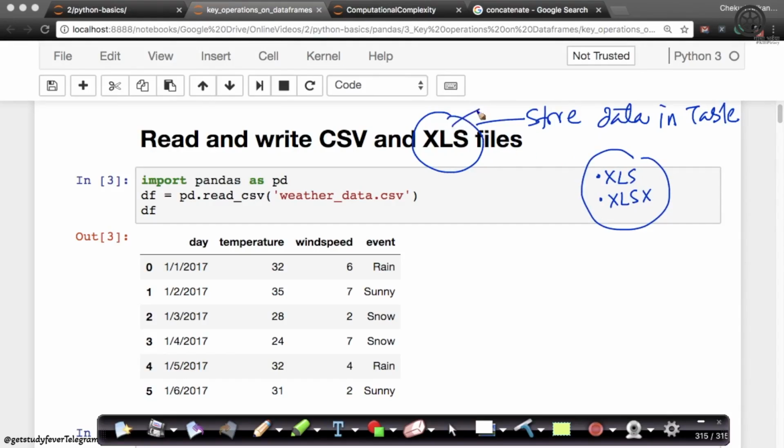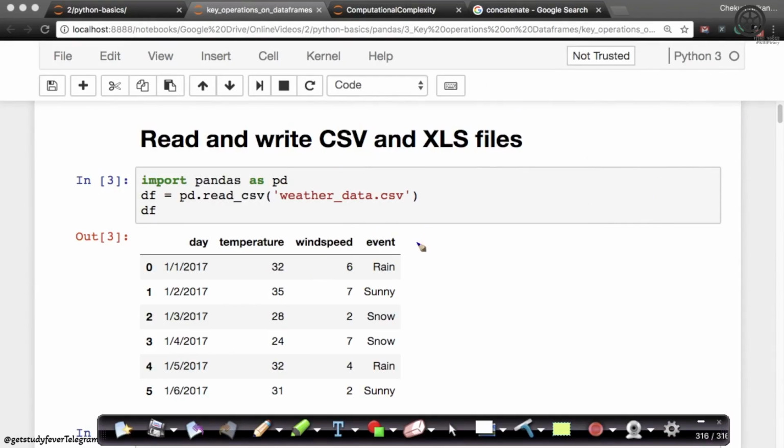As I told you, these are Excel files which are part of the Microsoft Office suite of software. Now, a lot of people store the data in either CSV or Excel. And you might think, okay, Excel is something that I learned as a kid, why do I really care? A lot of data analysts and even machine learning folks, even I, like to use Excel to do simple data analysis in a tabular format because it's very visual sometimes.